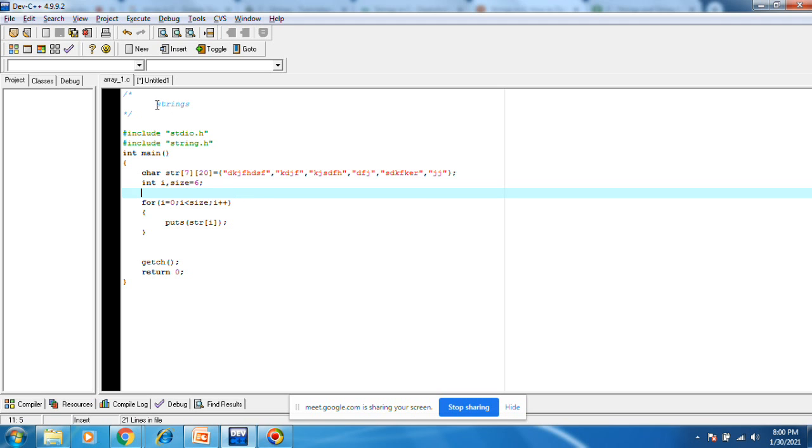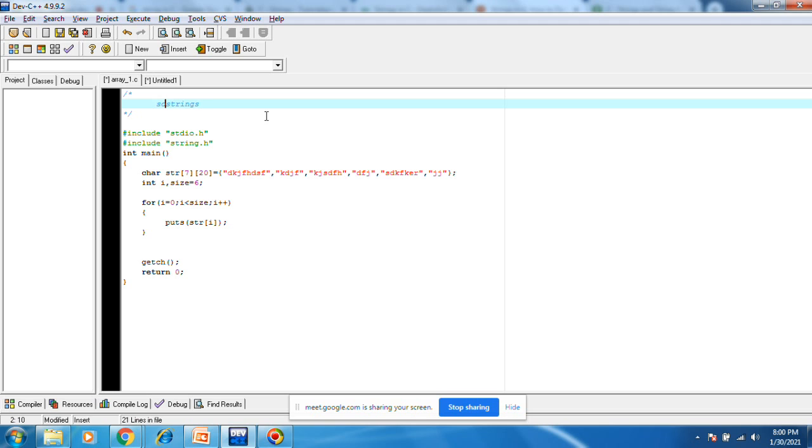Let's see one small program. Sort the array of strings based on string length.